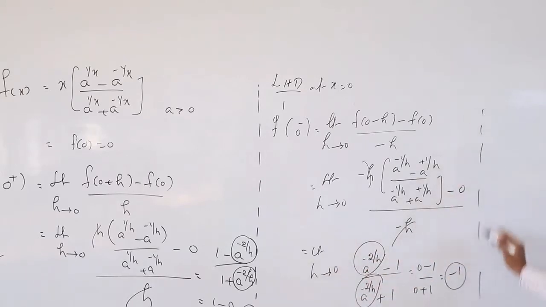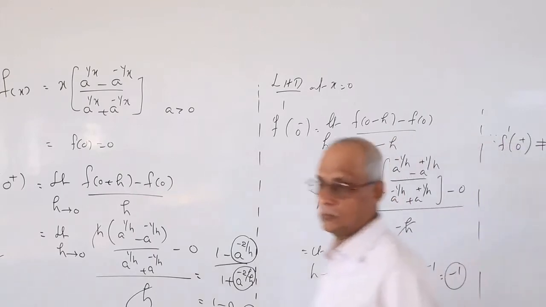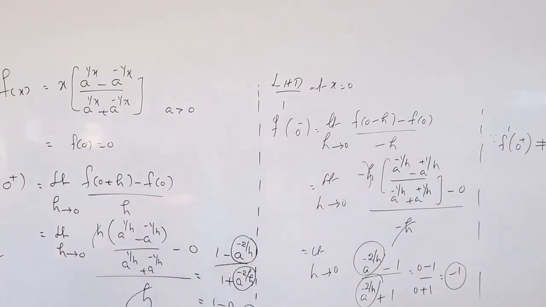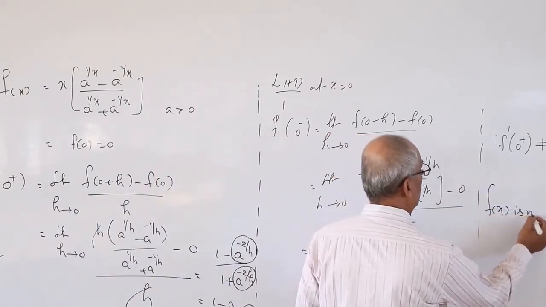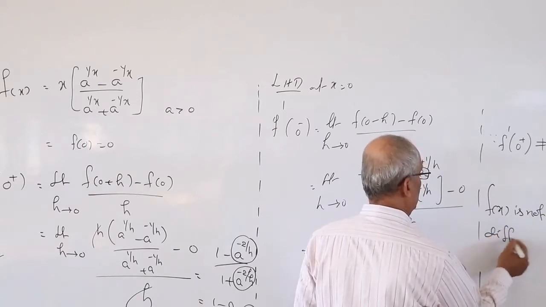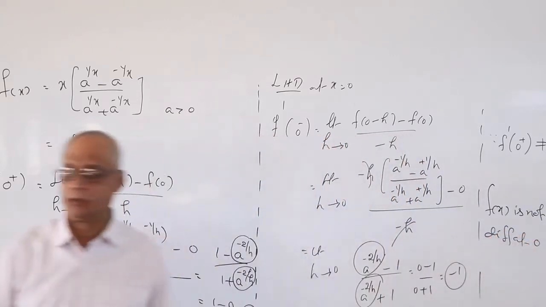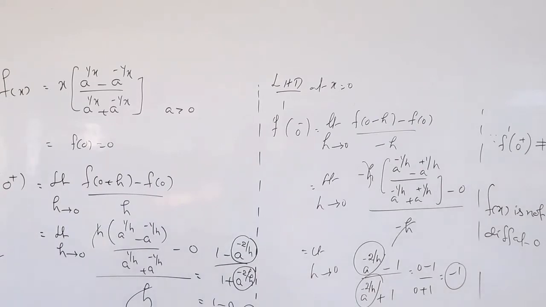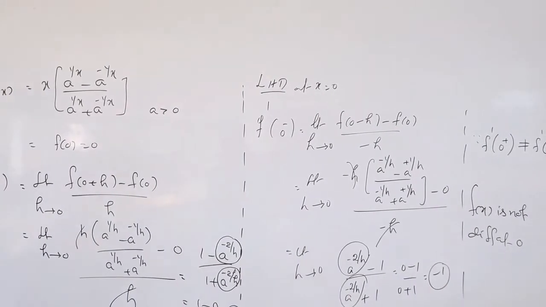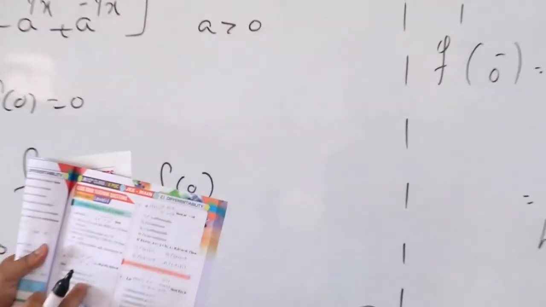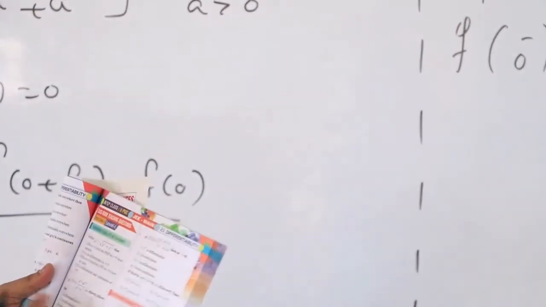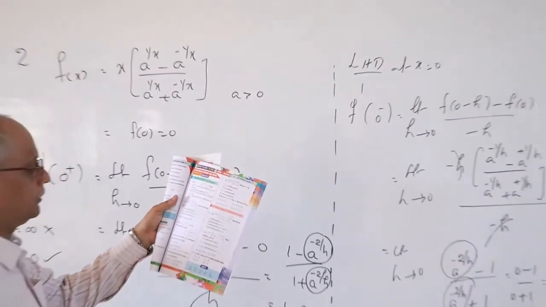What is the conclusion? Since f dash of 0 plus is not equal to f dash of 0 minus, f of x is not differentiable at 0. Very important solution. One part is compulsory in exams, they select it, it may not be the complete problem. There is that answer, the second option. Putting the answer is also equally important. Doing the solution and giving the correct answer are both equally important.